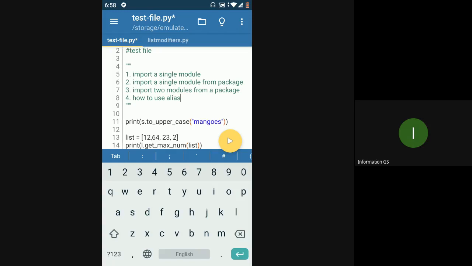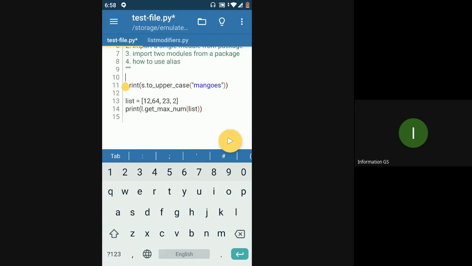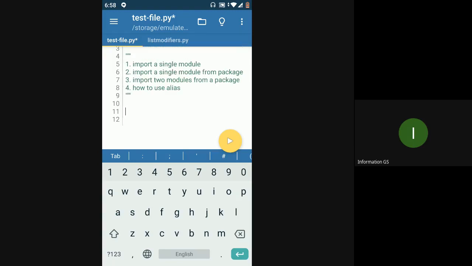Now, if you notice, whenever I have to use a function from any of my modules, I have to keep on writing dot, like module name dot function name, in all the places. So next, if I know I have to use only one specific function, then instead of importing everything from a module, I can import only one specific function.